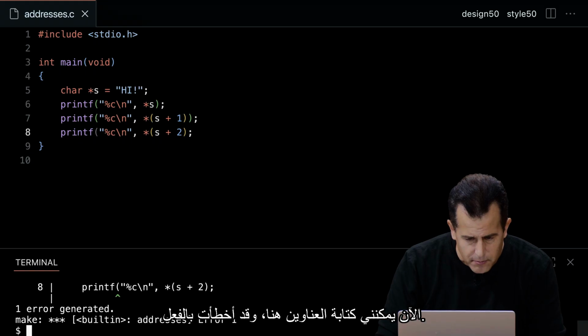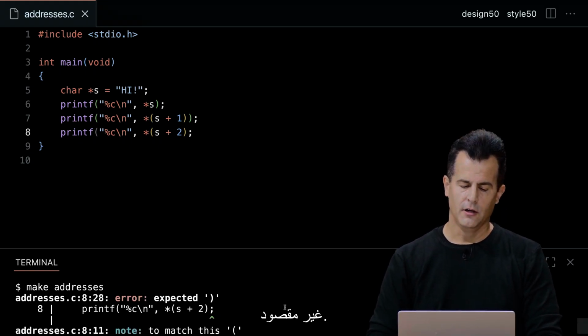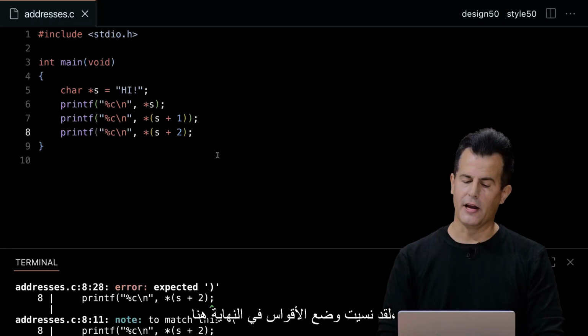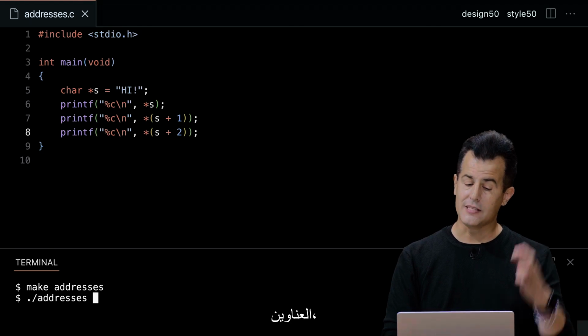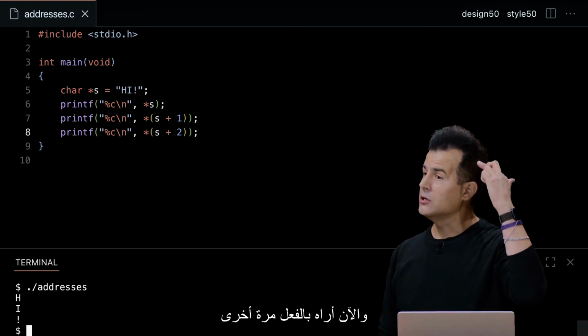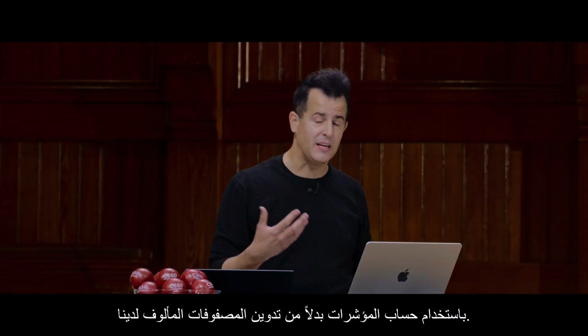Now I can do make addresses down here. Oh, and I did mess up. Oh, new mistake, unintentional. Yep, I forgot my parenthesis on the very end here. So that was just user error. Make addresses again, ./addresses. And now I indeed see hi exclamation point one more time using pointer arithmetic